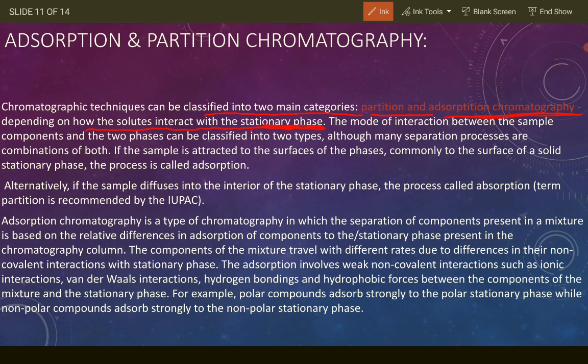If you have two immiscible liquids and it depends on the solubility, then it is partition chromatography. If the separation is based on solubility between two kinds of liquids, then it's partition chromatography. So the mode of interaction between the sample components and the two phases can be classified into two types,